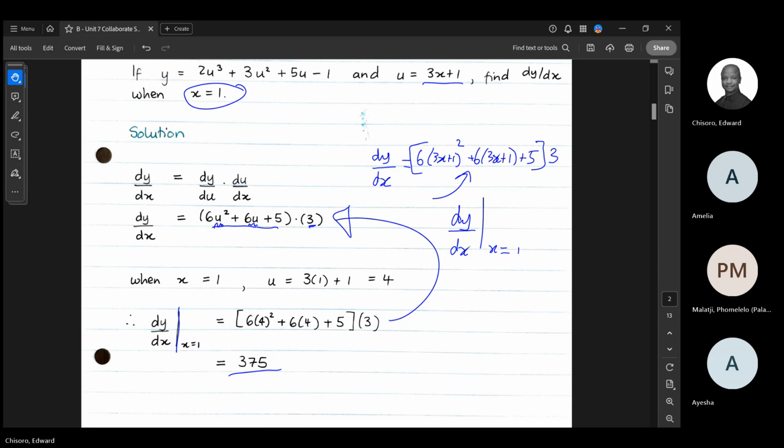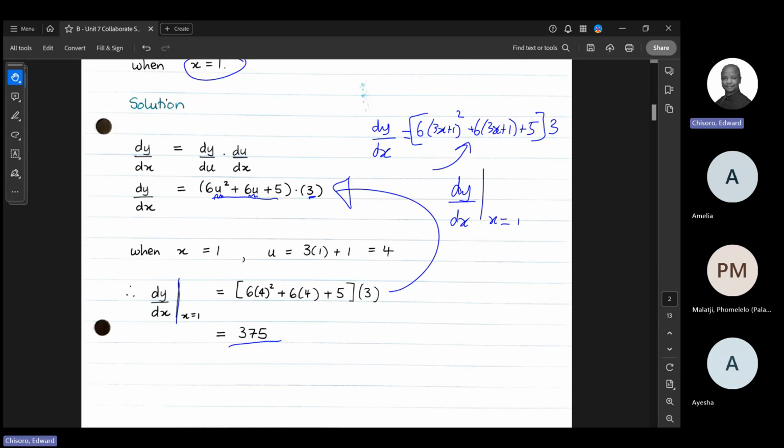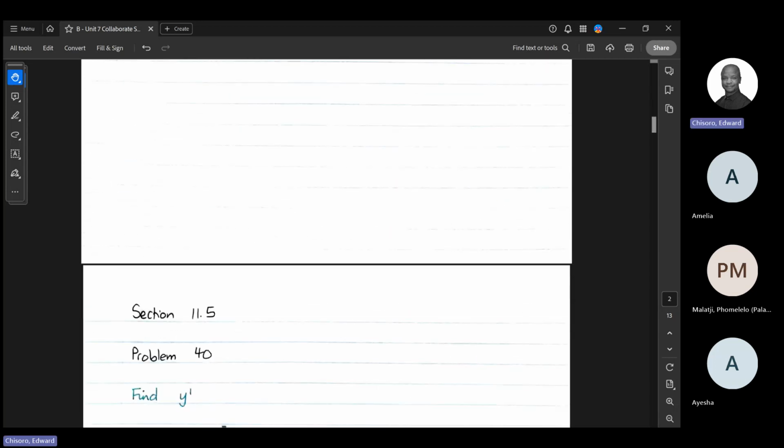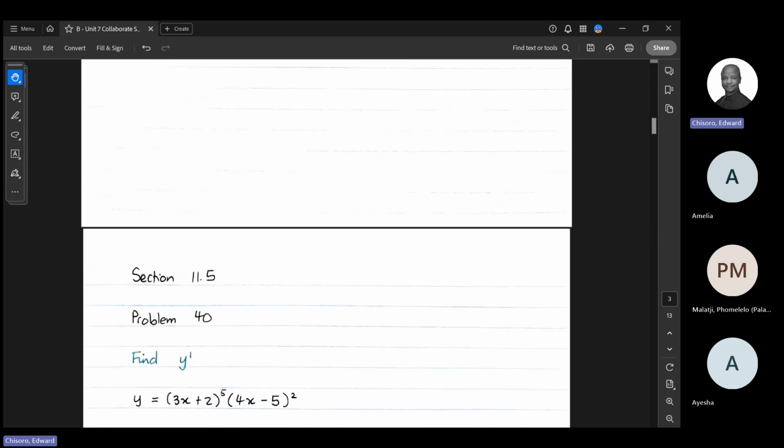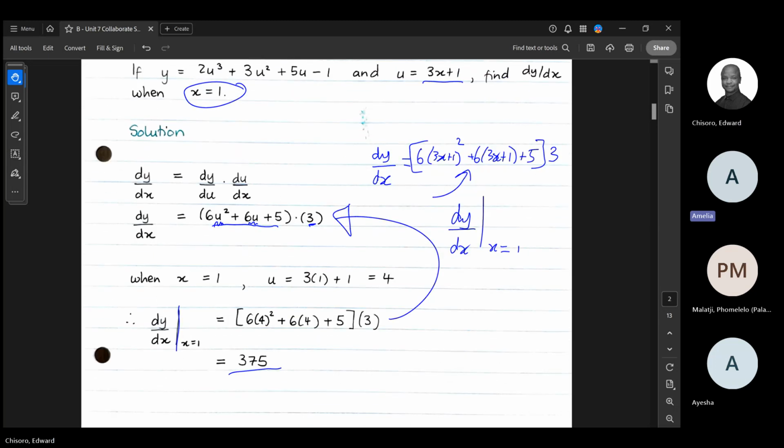All right. So now we proceed to the next problem, which is problem number 40. Sorry, just, yes, please, ask. Edward. Just a quick question. On the above one, when you did it 6, 3x plus 1 squared, the top bracket dy dx, when you substituted